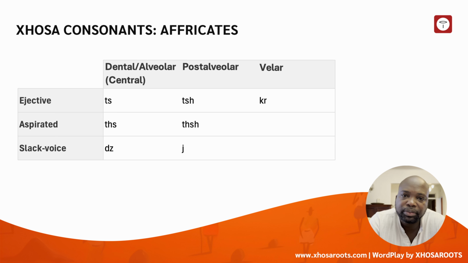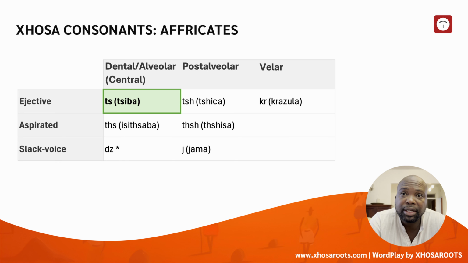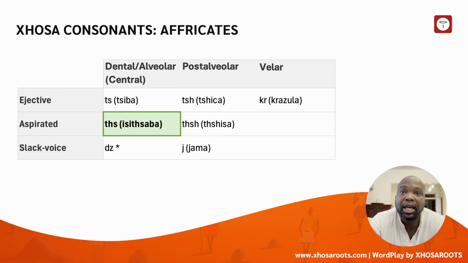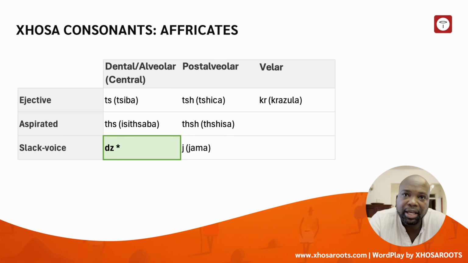To start over, let's look at the dental alveolar. It's ts. An example of that is tsiba, which means jump. And the aspirated version, tsha. An example of that is isitsaba, which is a crown. And then we have the slack voice version, which is dza. Dza is borrowed in the language, so you'll only find it in borrowed words